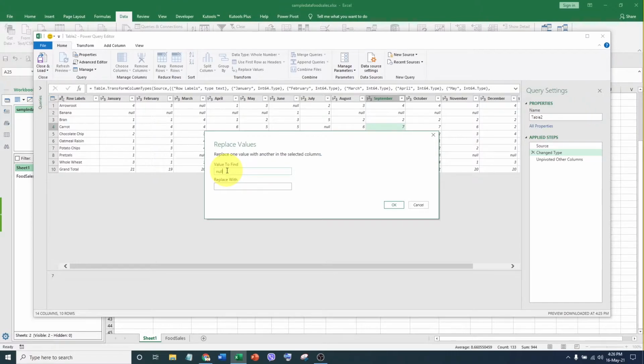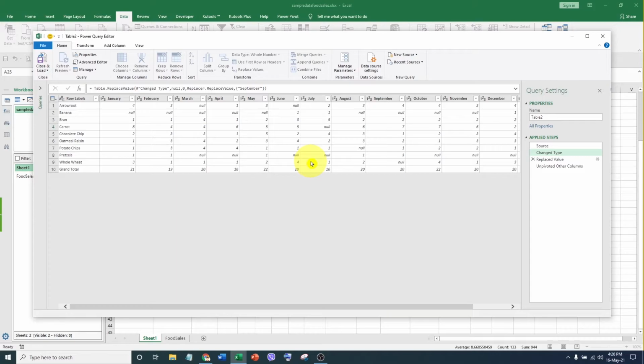You can see here that the unpivot process is done successfully.